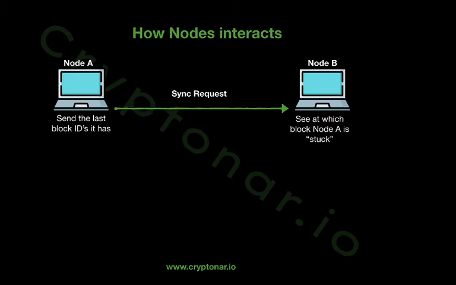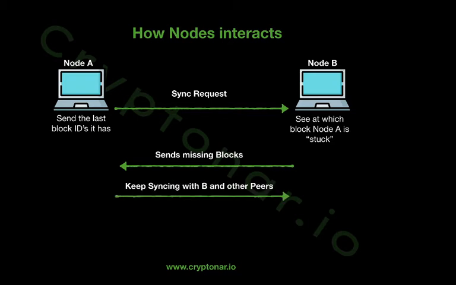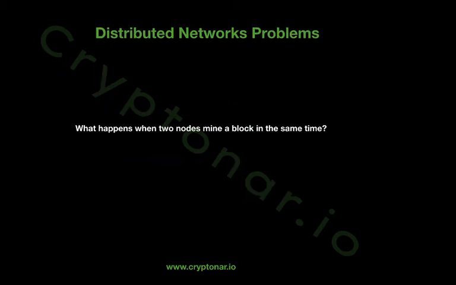And also, if you're not synced in the blockchain, if somebody sees that your node is out of sync, so maybe you have an old block, then the node you talk to is gonna give you all the missing blocks, in order for you to be updated. And you're gonna keep syncing, always get updated. Because you are a node now, you need to see the blockchain in real time.